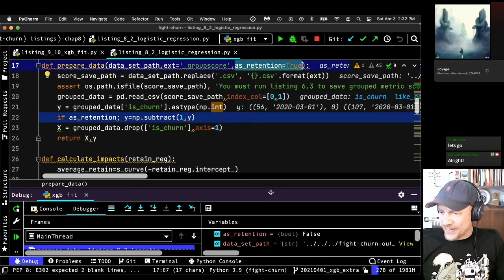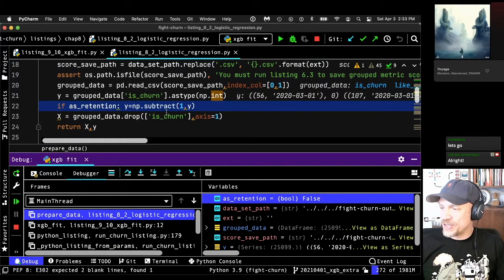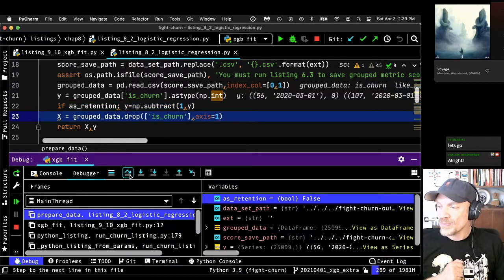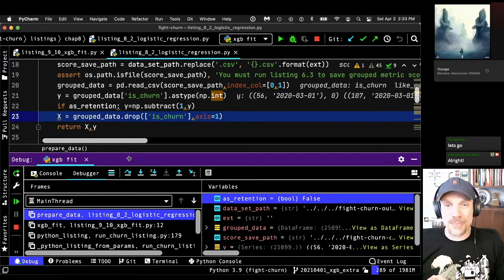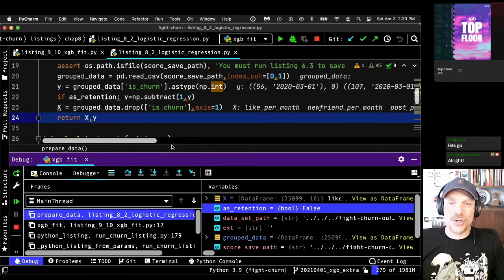In this case, as retention is set to false, so we are not predicting retention. We're going to predict churn as the outcome. Retention is convenient to predict when you're doing a logistic regression. That's why that option is there. So we got the outcome in the y variable, and now we're going to drop the churn from the data and get the x. And that's all we do to prepare the data.